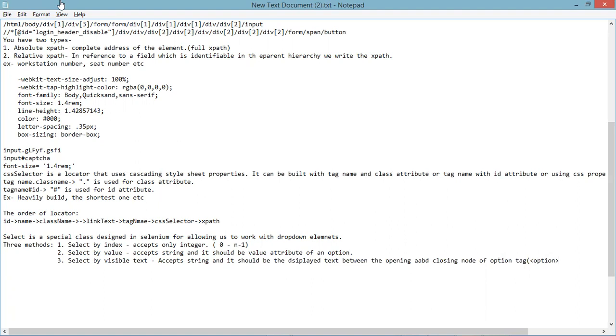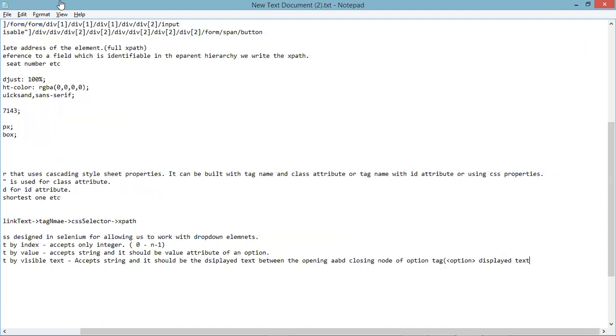Go to the end and say display text. Now the less than symbol, divided by slash, type option, and the greater than symbol. Now close the normal bracket.